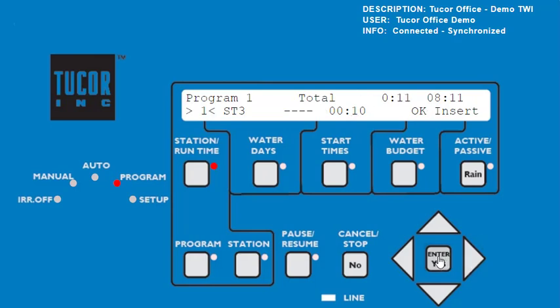If we want to run another station after station number 3 is done watering, we use the up arrow key and go to step number 2, hit the enter key, and then we select another station by hitting the enter key and selecting what station we want to run next. Let's say we want to run station number 2. So we'll arrow up to 2, hit enter,